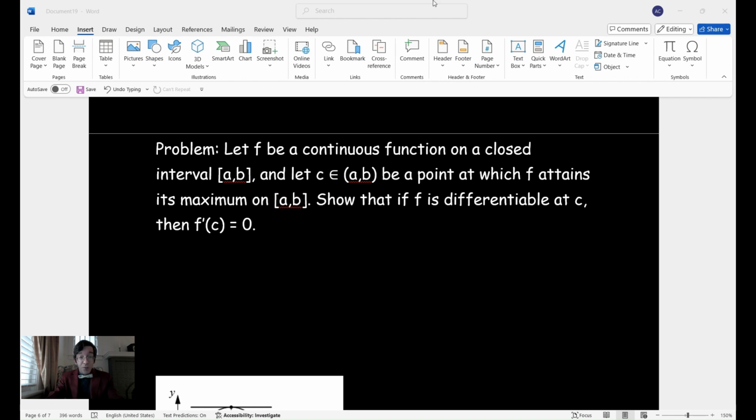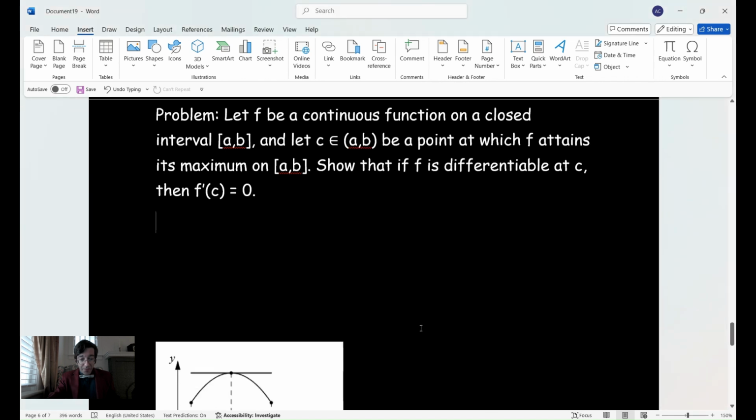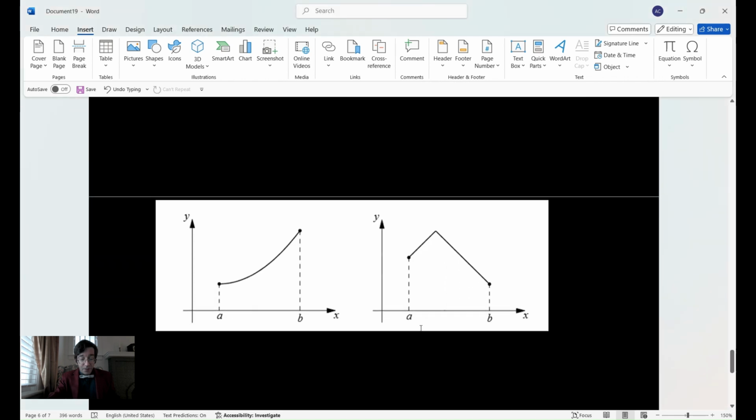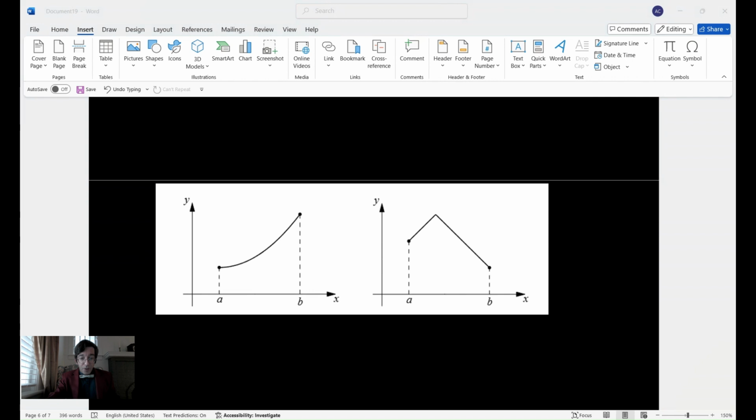So by now you should have paused the video, and before we go over the solution, I'm going to show you some graphs that show those subtle yet important conditions that I was talking about. So if you want to see it visually, this is what I was talking about here, right? So think about this for a moment.